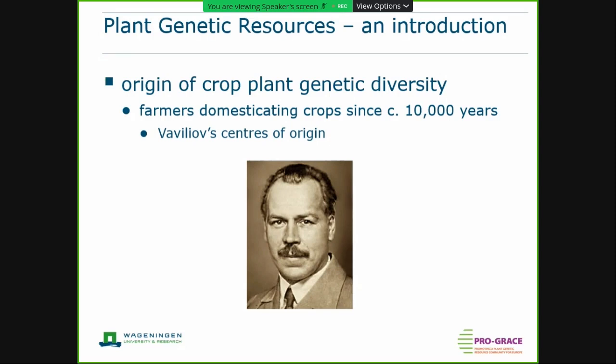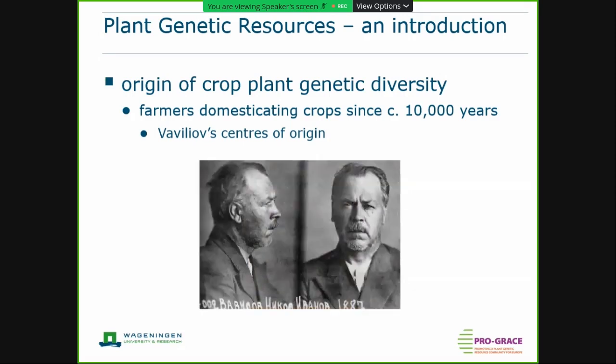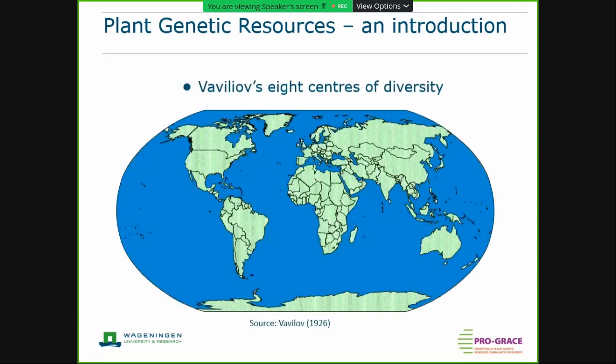Okay, that happened in a number of places in the world, and the first scientist that systematically started researching this, and I would call him the hero of plant genetic resources, is Vavilov. He was mentioned before this morning, and he can't be mentioned enough. He sadly died in prison of hunger under the Soviet regime, although possibly with his knowledge we're creating so much food and saving so many people from hunger. So this was one of the pictures from a more sad period. But anyway, he defined the centers of origin,